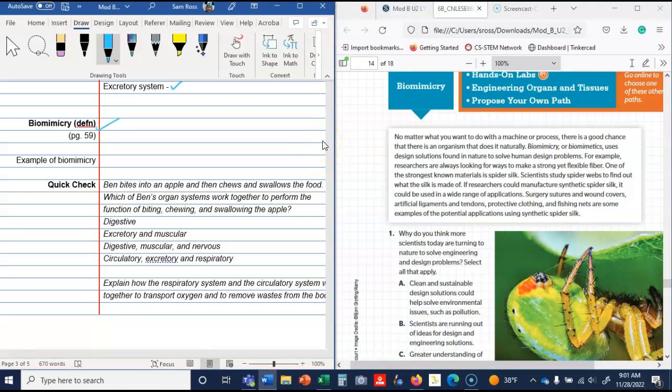For example, so an example of biomimicry, researchers are always looking for ways to make strong yet flexible fiber. One of the strongest known materials is spider silk. So you could